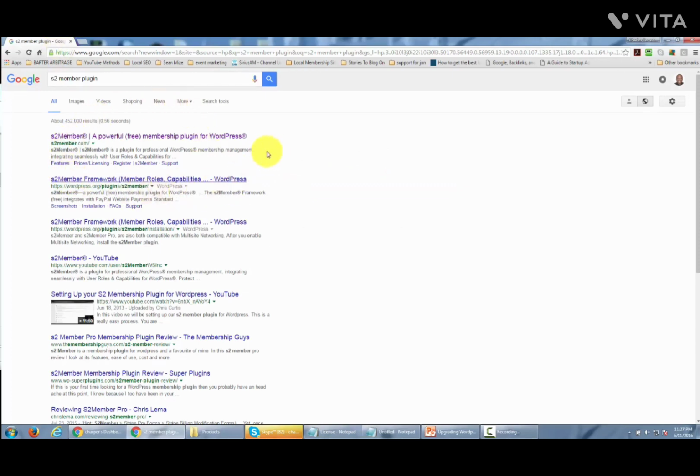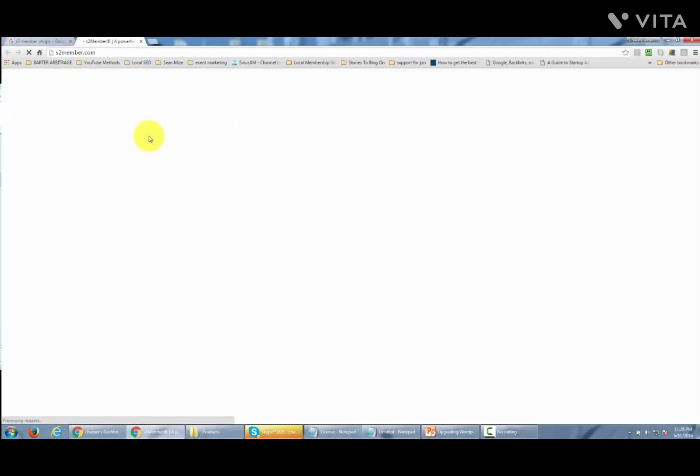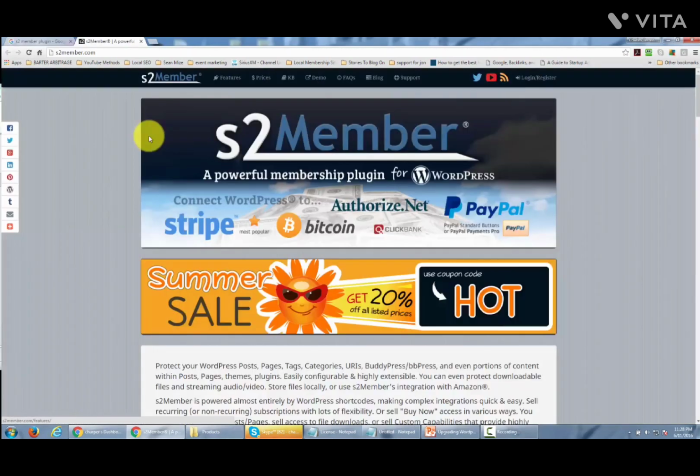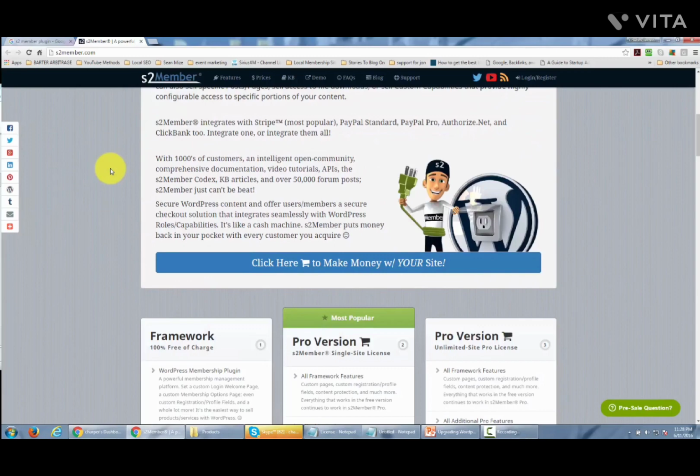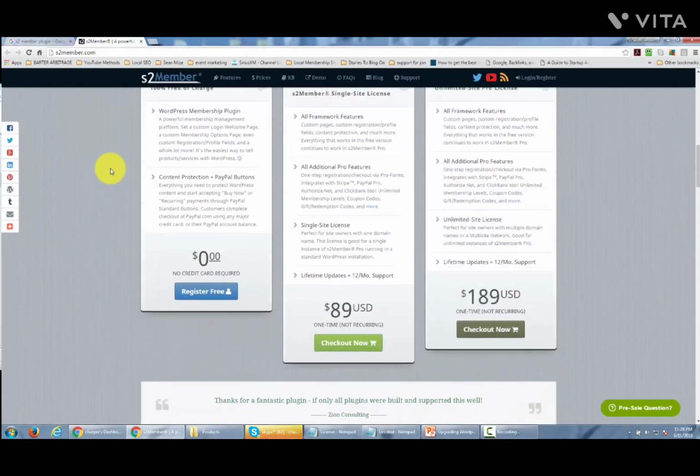You should see at the top of the search results, or very close, a line that says S2Member, a powerful free membership plugin for WordPress. You want to go ahead and click that link. What you're going to notice then is that it has several layers to the website. What you want to do is find the framework,